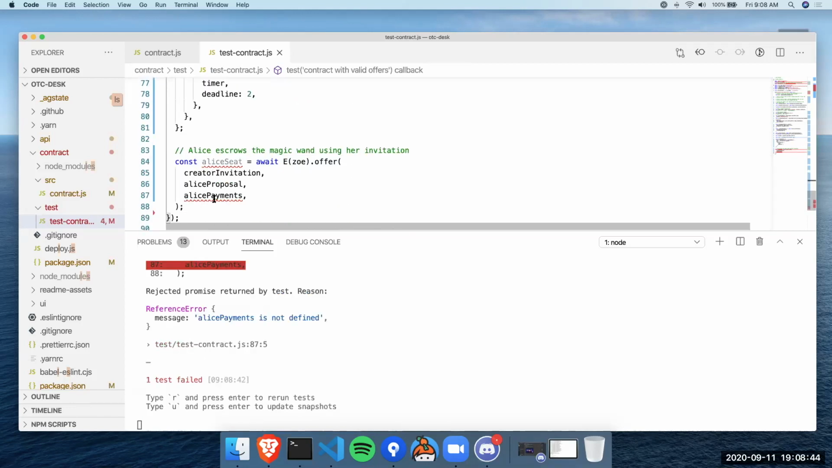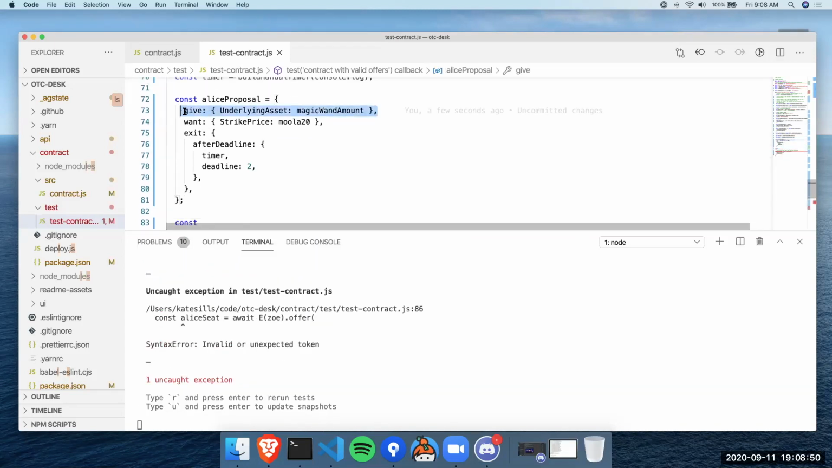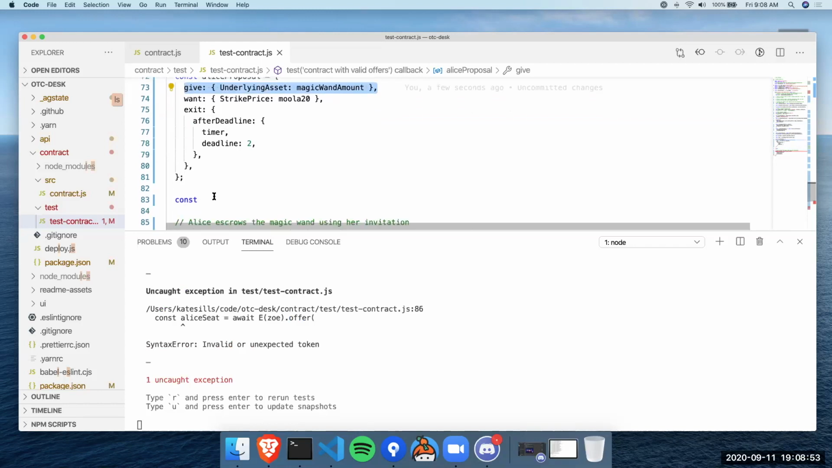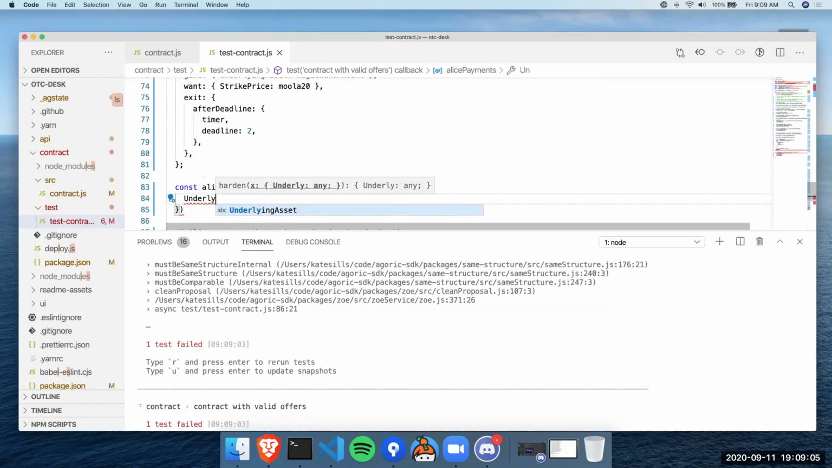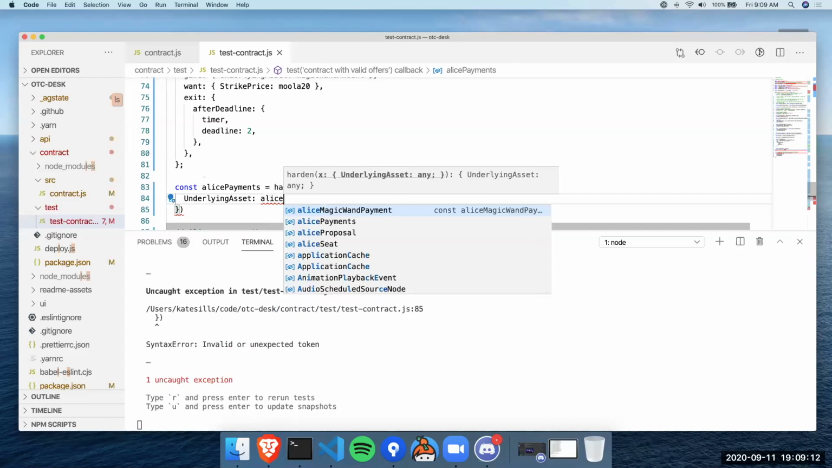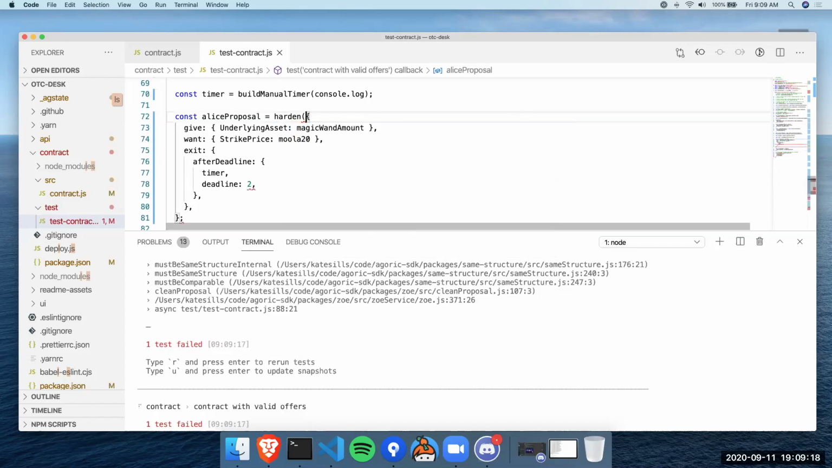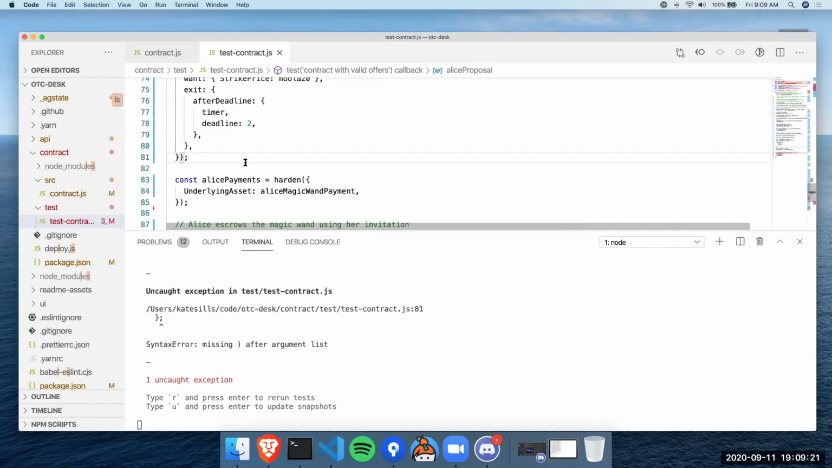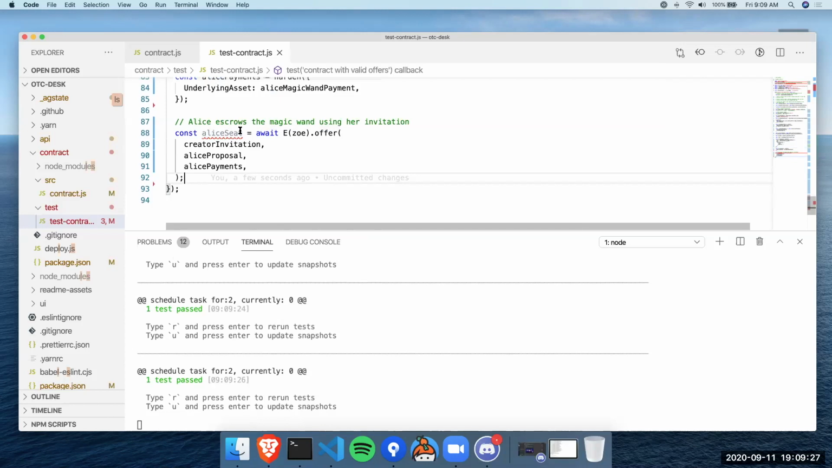We've made our proposal. Now we need to put the payments together. So the payments need to have the same format as what we said that we're giving, right? The payments need to match what we said we're giving. So Alice's payments, let's harden this as well. Let's say underlying asset is the keyword, and we are going to be paying the Alice Magic Wand payment. All right, let's go ahead and harden this. Okay, so cool. So that worked,